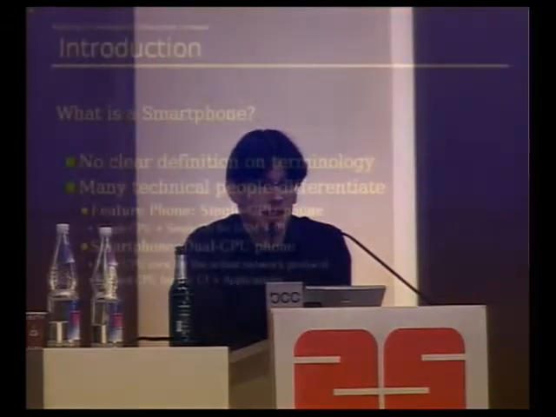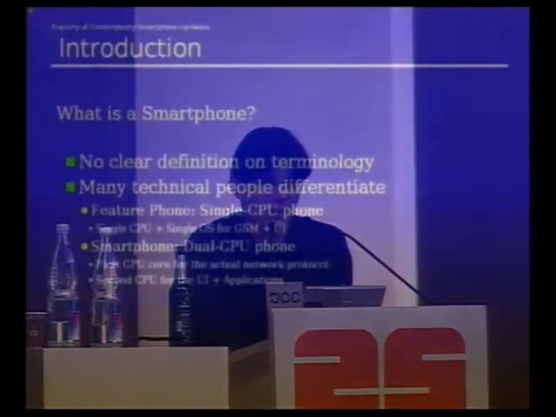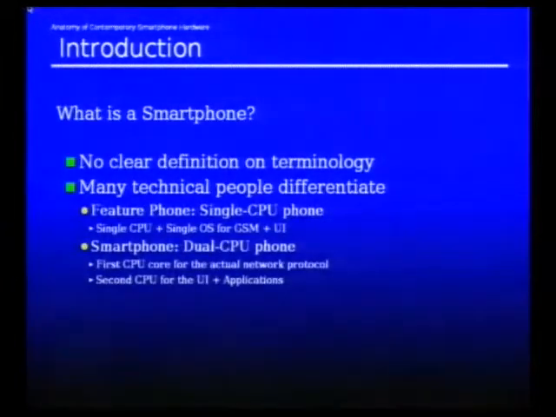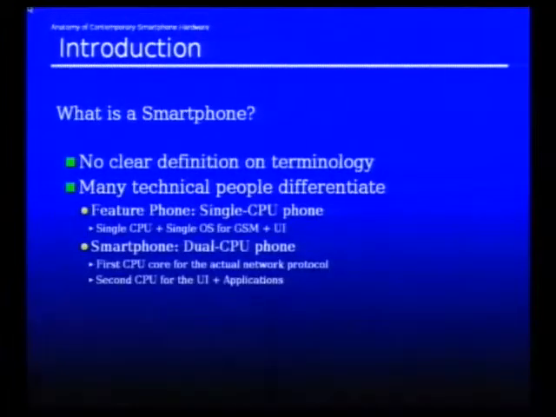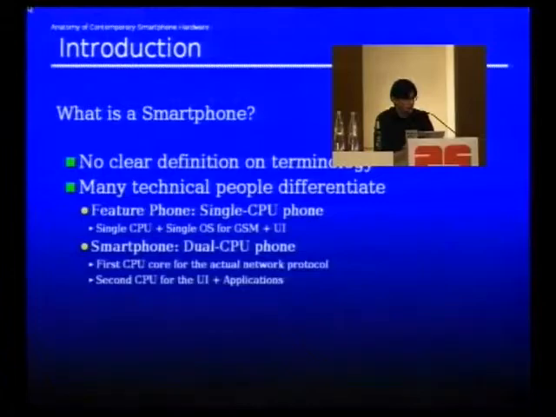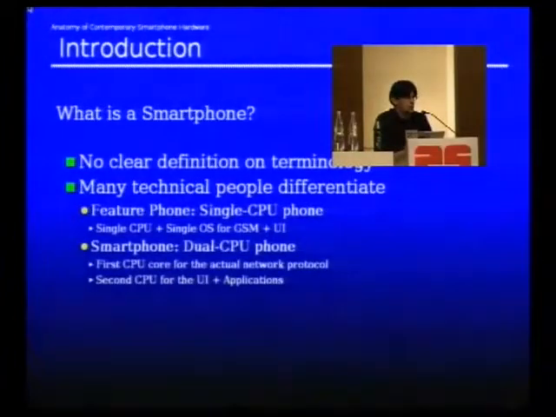So, smartphones, what are smartphones? Unfortunately, there's not very clear terminology. You know, a smartphone is a phone that has email, but then how many phones don't have email today? It's not really a clear definition. So many people in the technical community say a feature phone is something that has a single CPU, a single operating system, and where the entire GSM stack, plus the user interface, plus all the applications run on a single CPU. Those systems are typically extremely closed